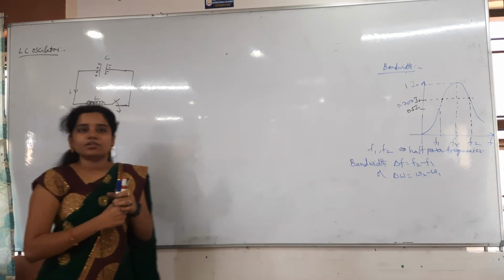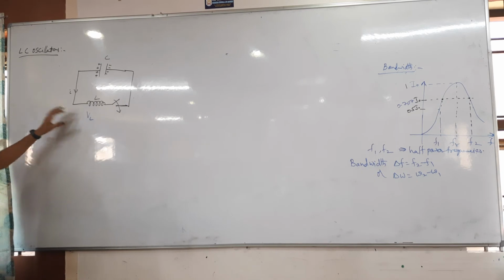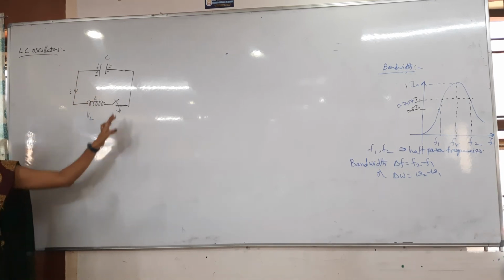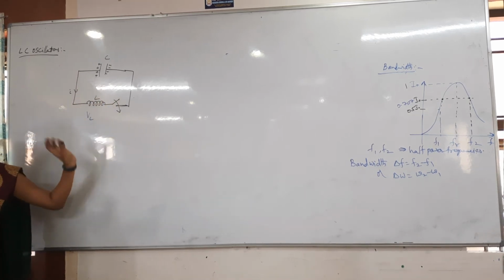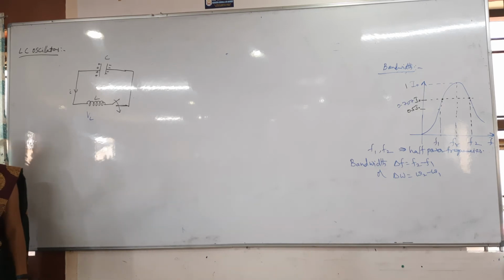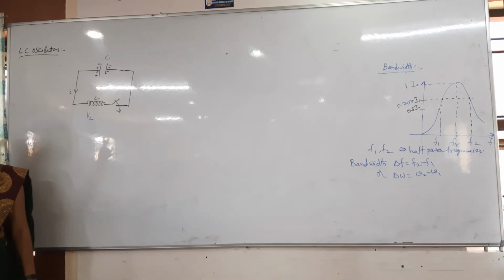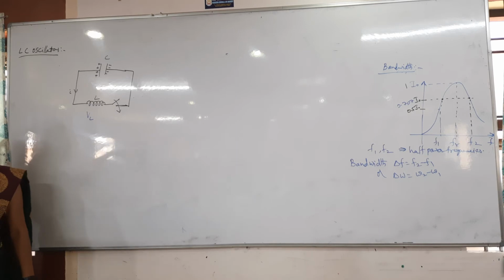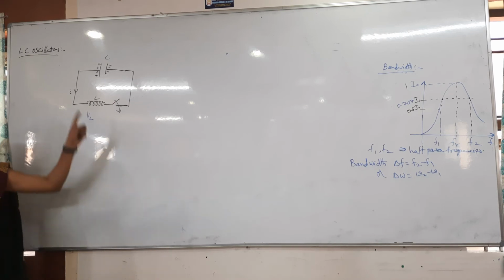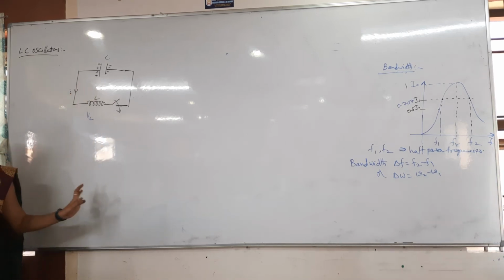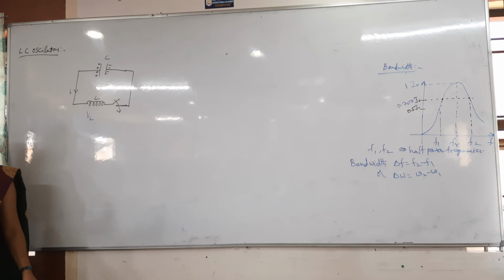Clear? So based on the L and C circuit, the current will oscillate between the capacitor and the inductor. Because the capacitor is getting discharged, and from the inductor it is getting charged again. So discharging, charging, discharging, charging means the current is oscillating in the LC circuit. That is known as the LC oscillations. You understand the mechanism, right?